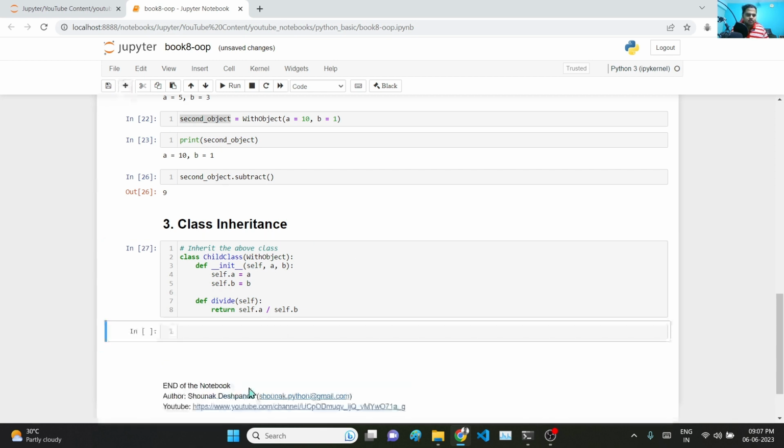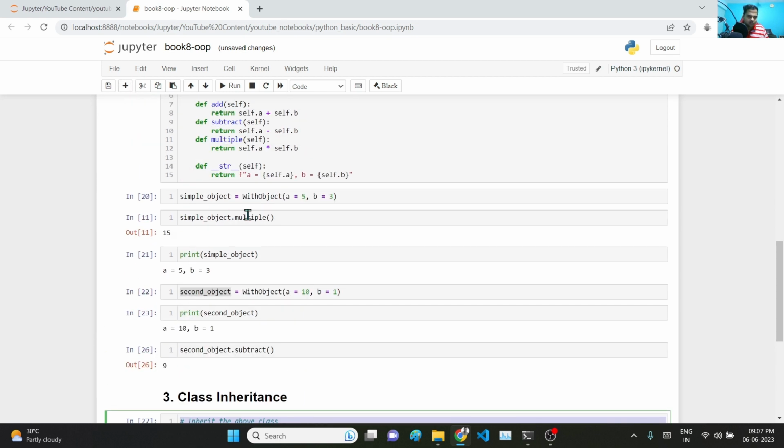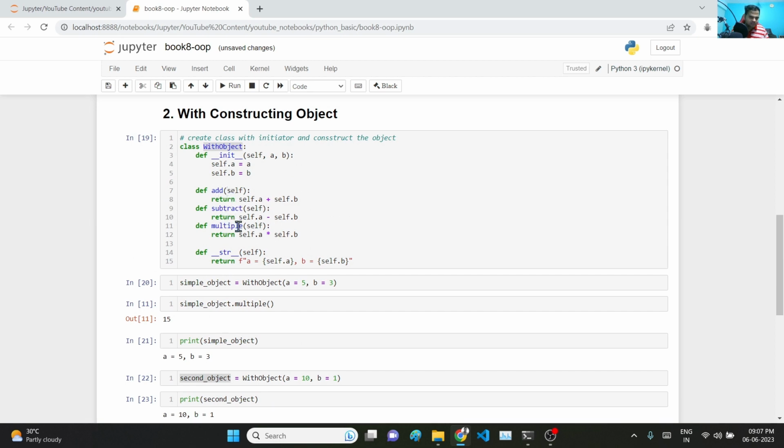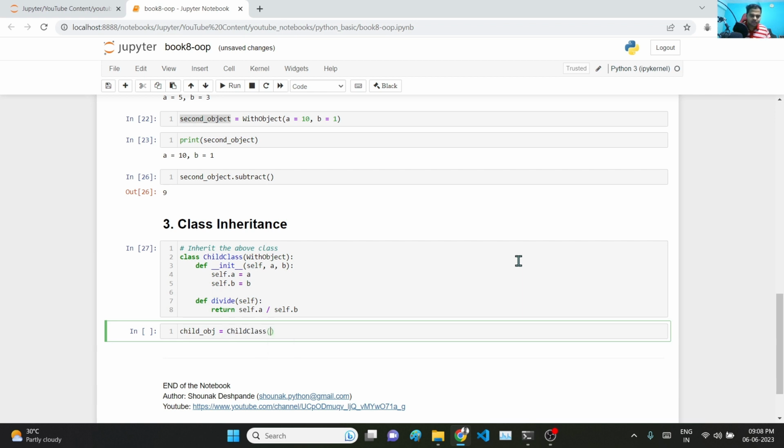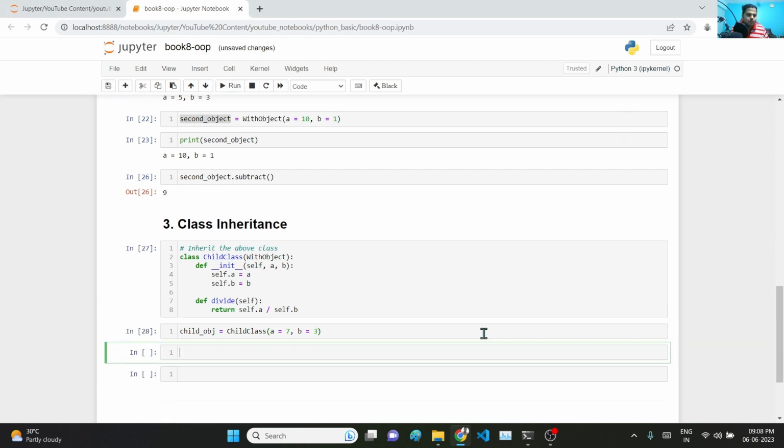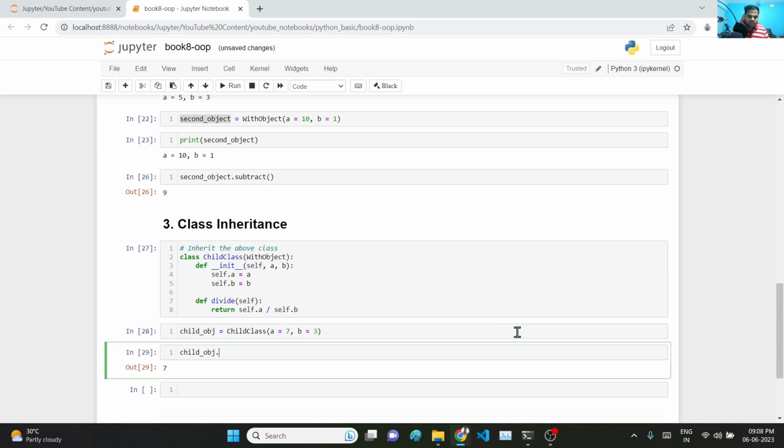That's it. So this is the inherited class, but it will also have methods of addition, subtraction and multiplication. So let's create an inherited object, let's say child object equal to child class, and here we will pass in a and b. A equal to, let's say, 7 and b equal to 3. And now if you want to see child object dot a, it is giving 7, the attributes, dot b equal to 3,